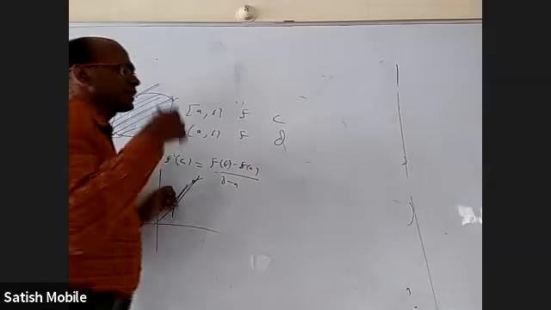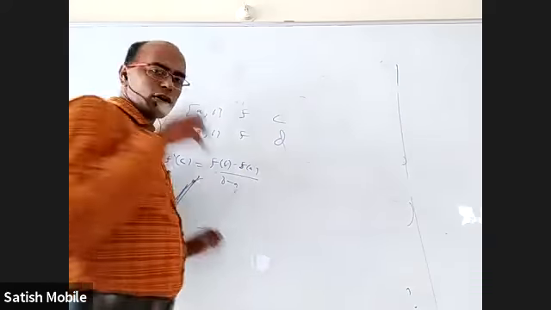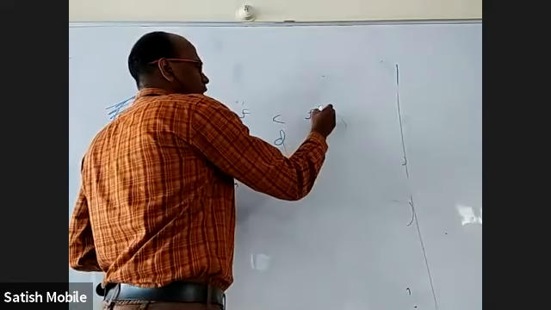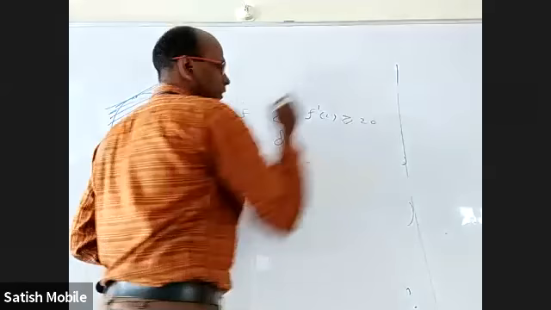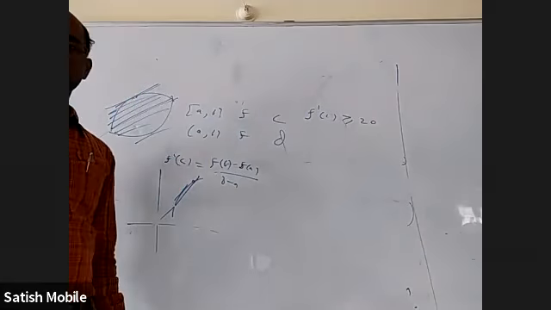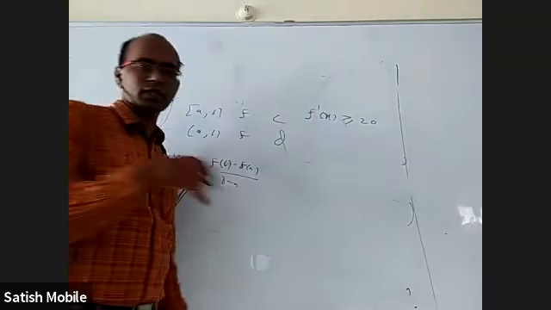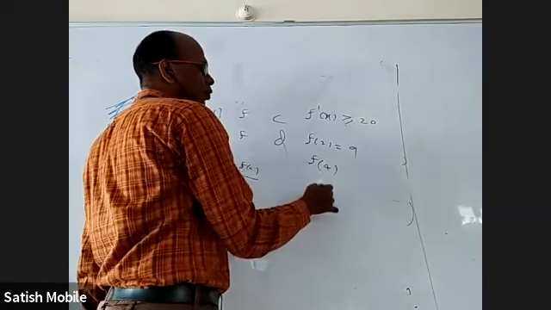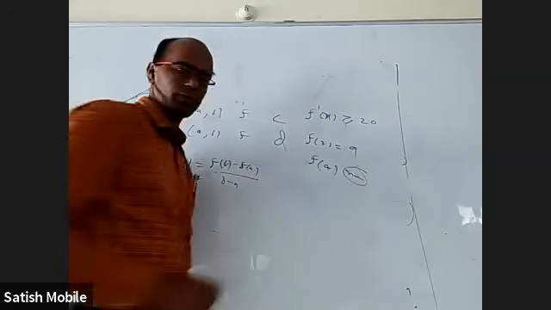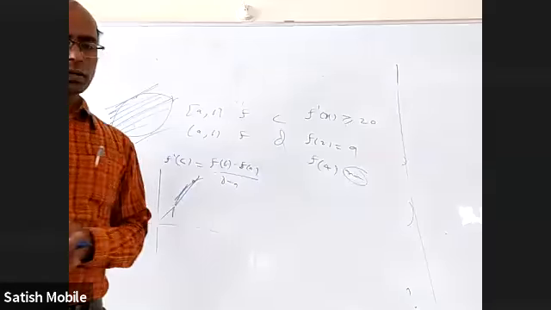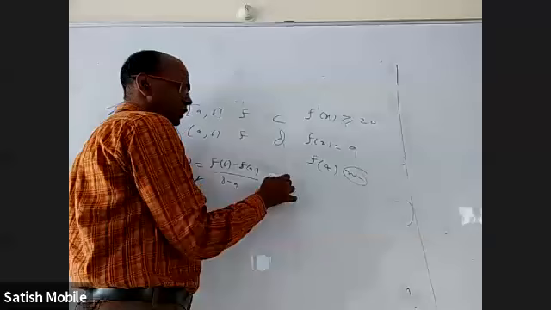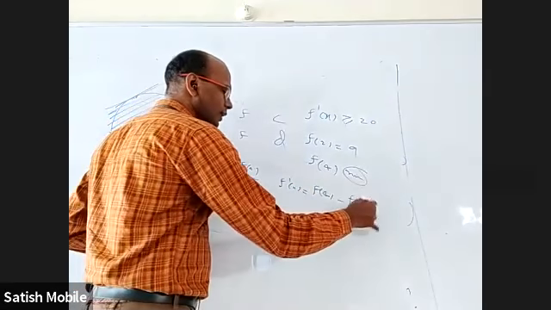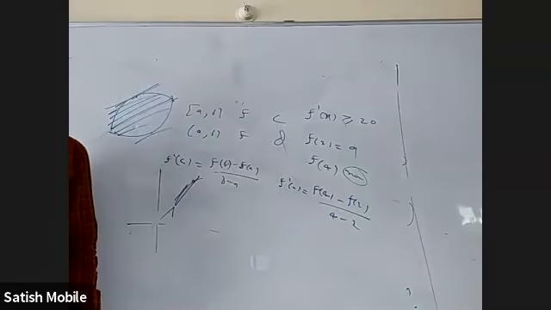What is that? They can tell a function is continuous and differentiable. You may not even know the function. They'll just tell it is continuous and differentiable, and they may tell f dash x is always greater than or equal to 20. They may tell f of 2 is 9, and ask what is the minimum value of f of 4. I may say, I don't even know the function. Not an issue. According to Lagrange's mean value theorem, there should exist an x such that f dash x is equal to f of 4 minus f of 2 by 4 minus 2.